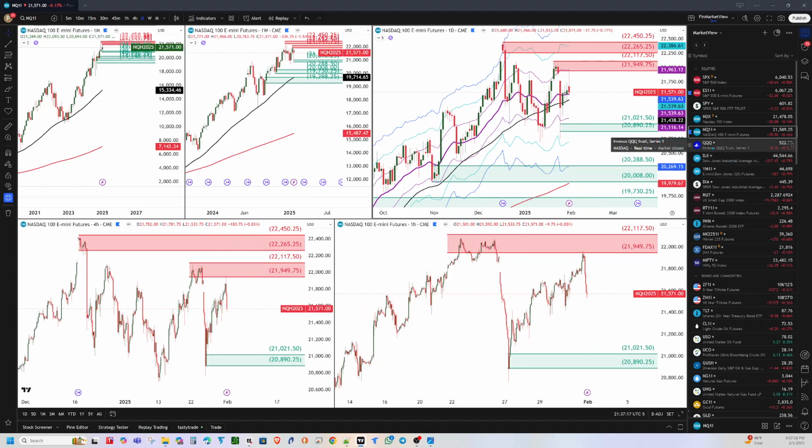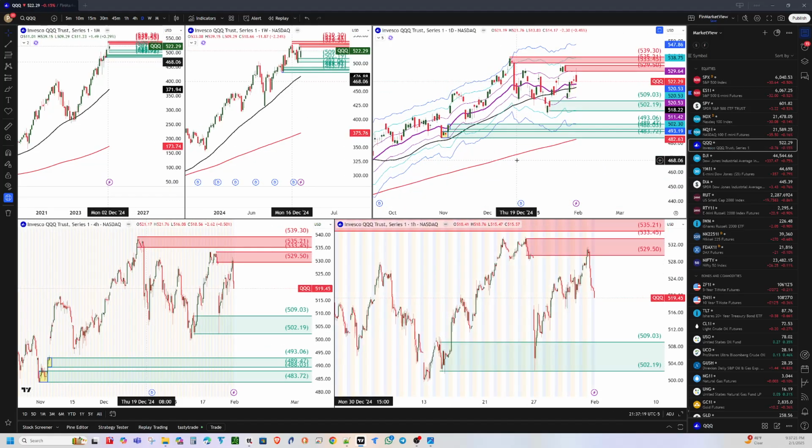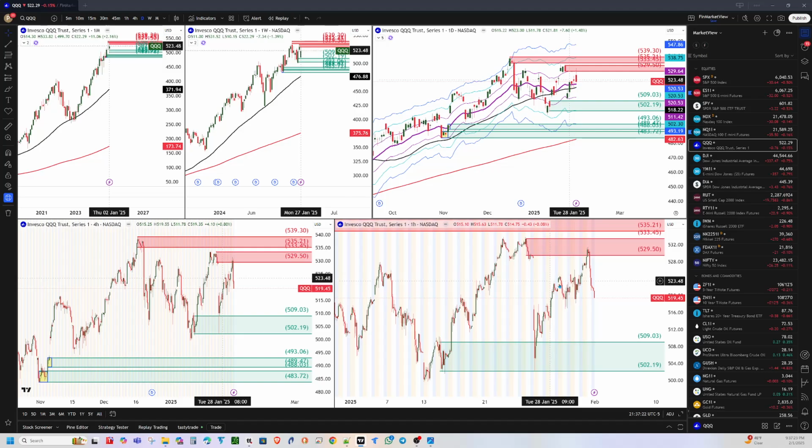Let's compare QQQ. The QQQ chart is also pretty similar. On Friday it gapped up to the 530 area. It's a strong resistance because the market previously gapped down, so this gap is technically covered, and then Friday it was a sell off. So on Sunday evening, if the market gaps down to this area, which is 509 or 500ish